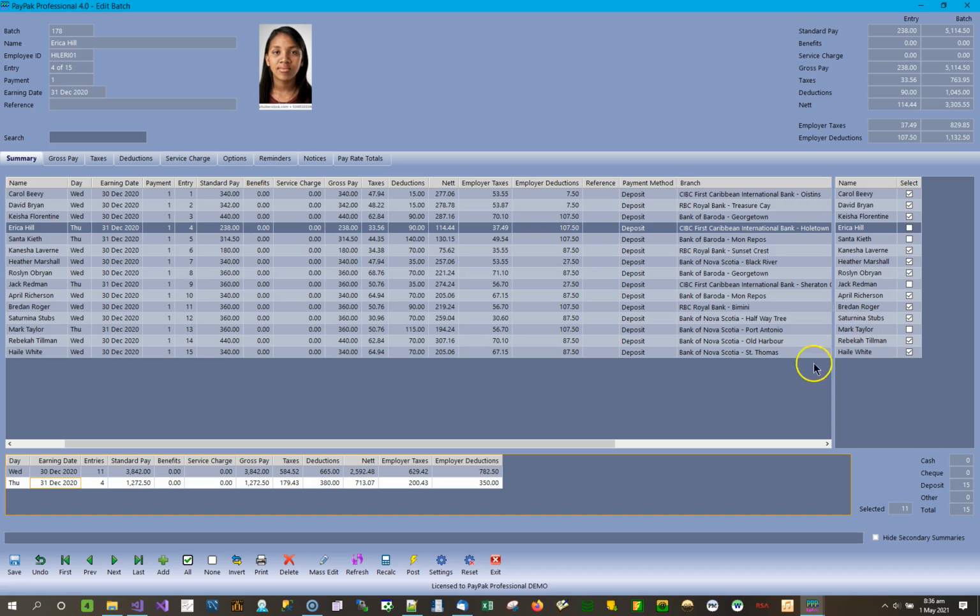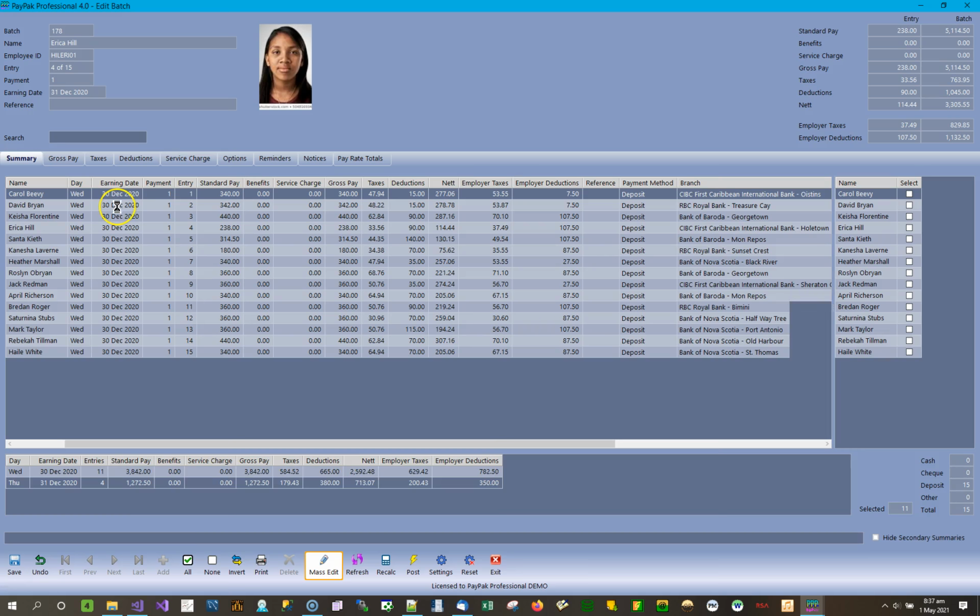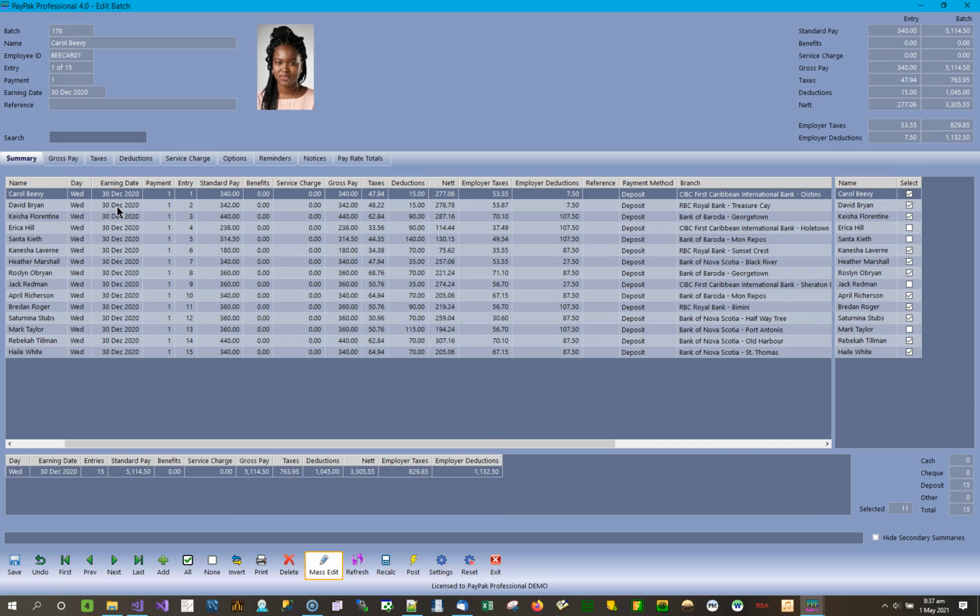I could manually change them, or I could just change all. I can just click mass edit, change all entries, earning date. Now you see the 2 dates are here. I could pick the 31st because that's the one I want to change, or I could just say all if I want to be lazy, and 30th of December 2020 and apply. Right. And that's a very quick way of making the change to the